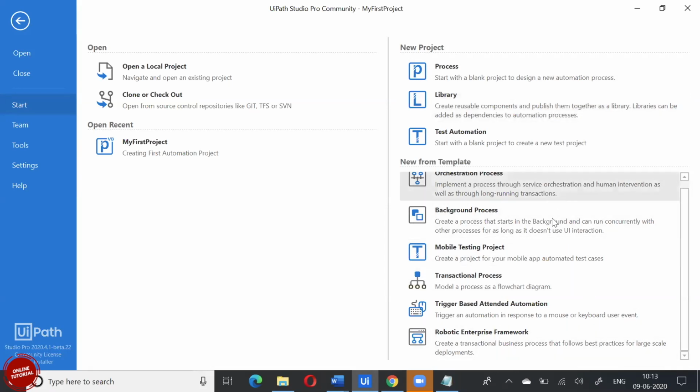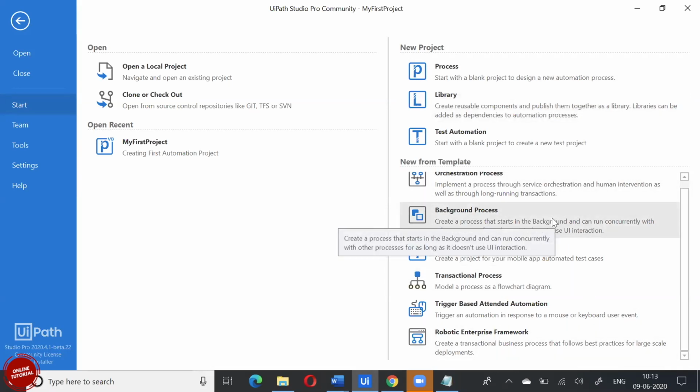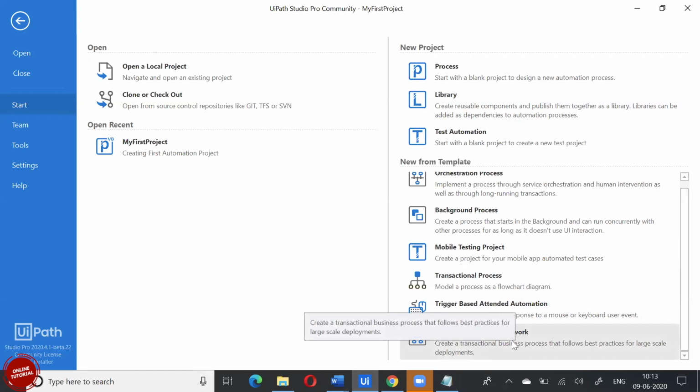The templates are meant so that you don't have to do the same thing again and again. These templates are a predefined structure, and you can customize them based on the flow or the design you want to create.